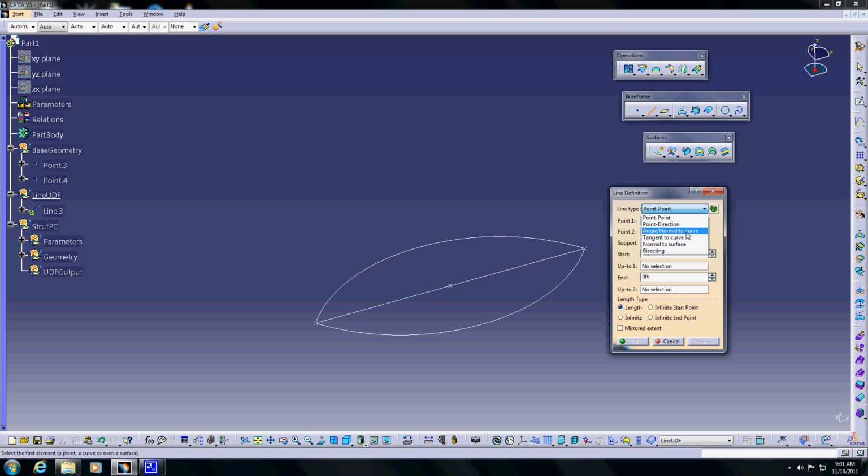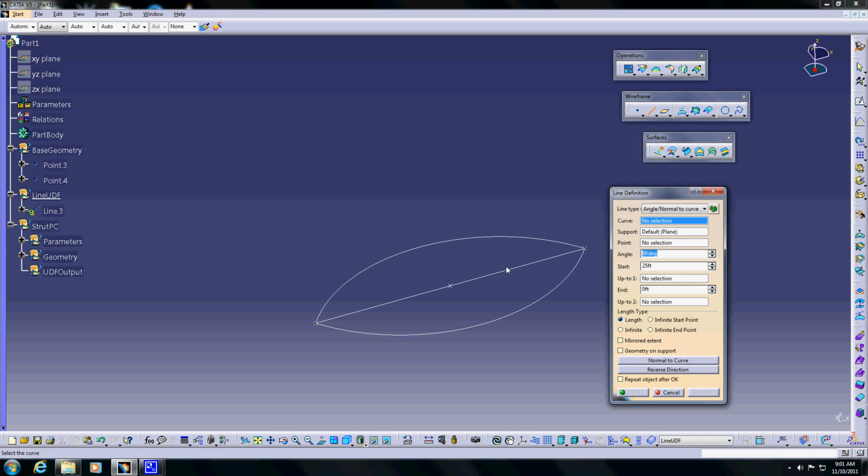So let's make our UDF also normal to curve. Choose that curve. Let's just make that the base point for now. Support will be the XY plane. Angle is 90 degrees, and then this up to. This is a good function here. Rather than always being a fixed distance, let's make this up to. Just go up to the circle,